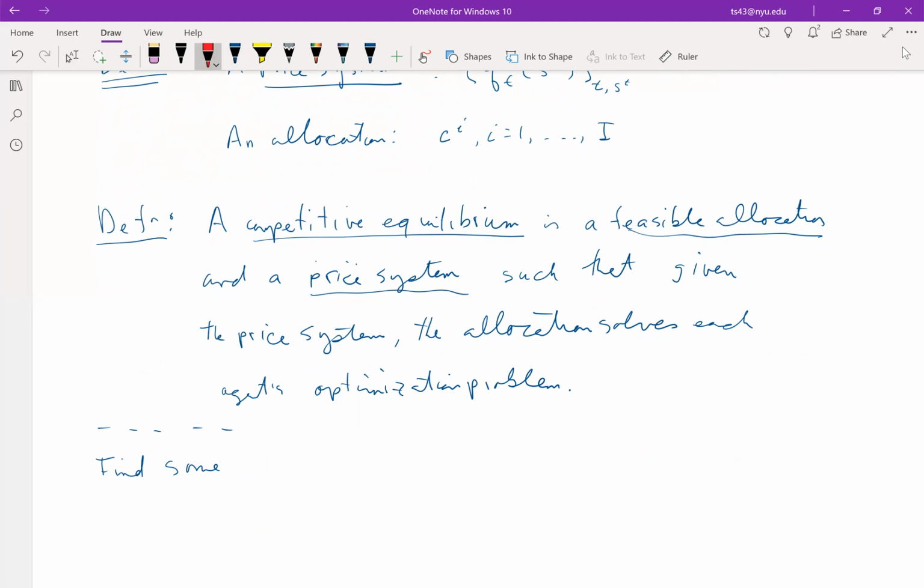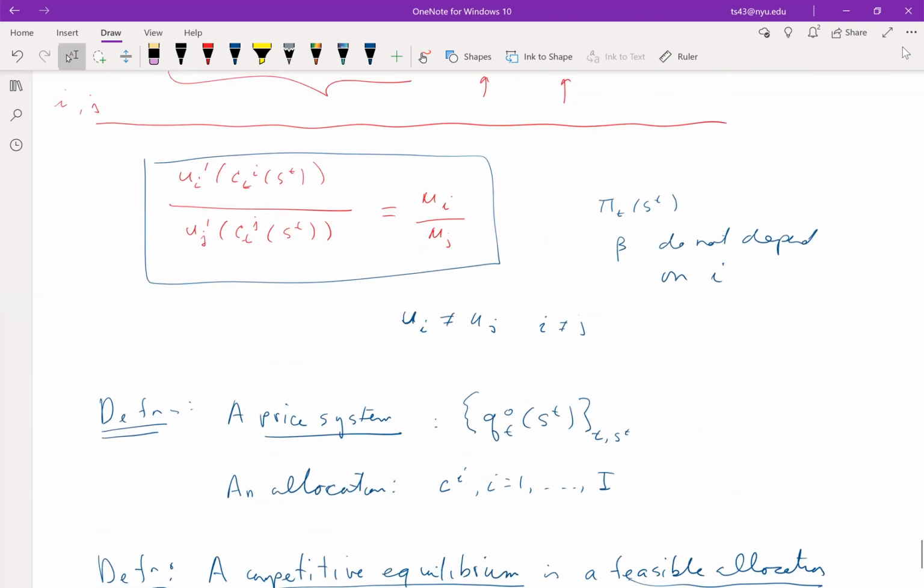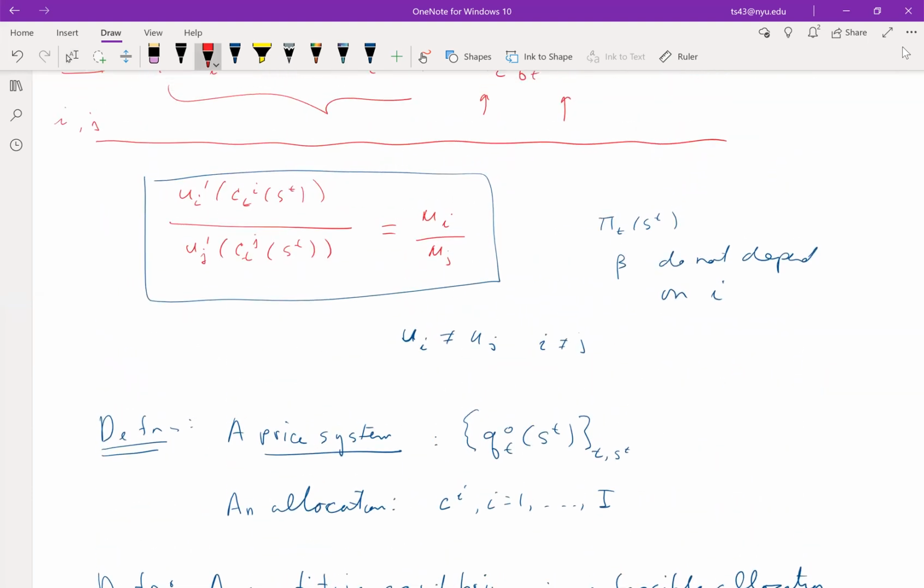So one thing we know is we can use the same trick that we used before, because this is the same equation as before, except instead of being ratios of Lagrange multipliers on budget constraints, we had, when we studied a planning problem, this